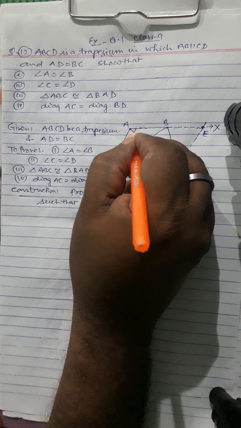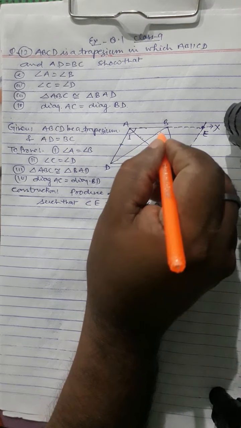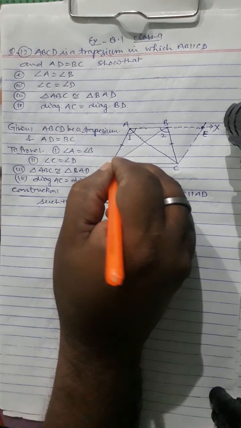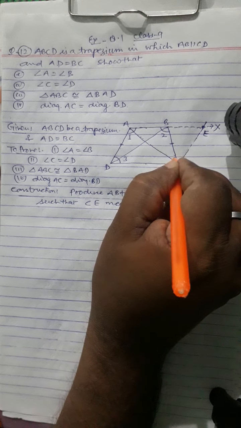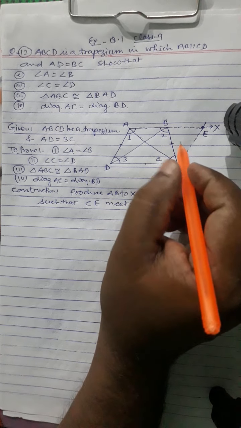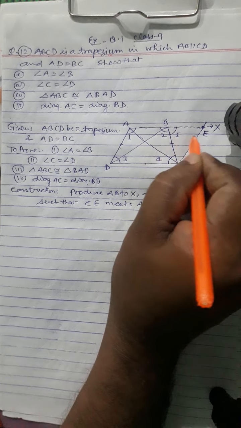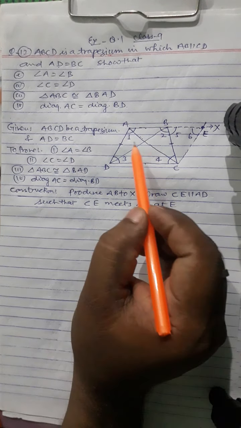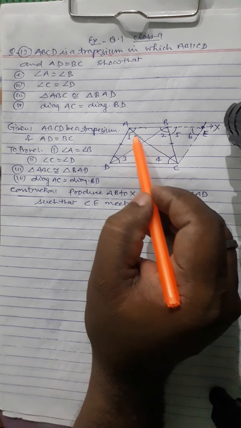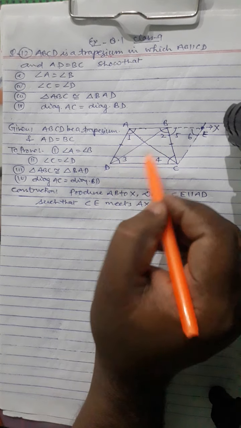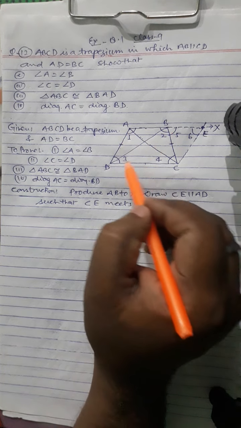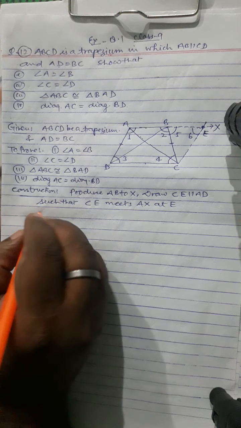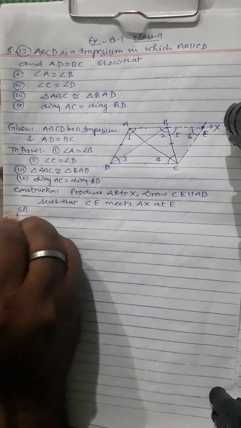We take this full angle A as 1, this is also equal to 2, and now this angle is 3 and this angle is 4, and now we take this 5 and this is 6. Because after taking 1, 2, 3, 4, the angles we are left with, angle DAB and angle DAE, become clear. Okay, so now our proof is, that is the solution.